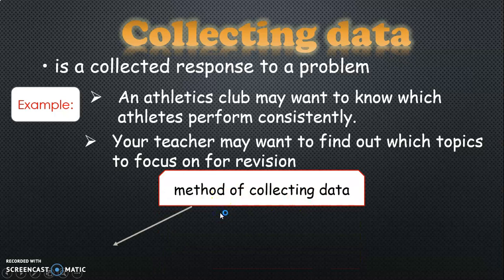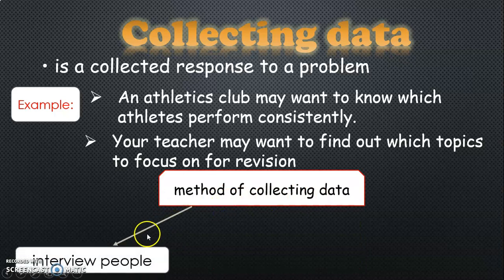The first one is what we call interviewing people. So, the first example, as you see, an athletics club may want to know which athletes perform consistently. In this method, you need to ask people directly and then write down the answer of each one. Another method is what we call